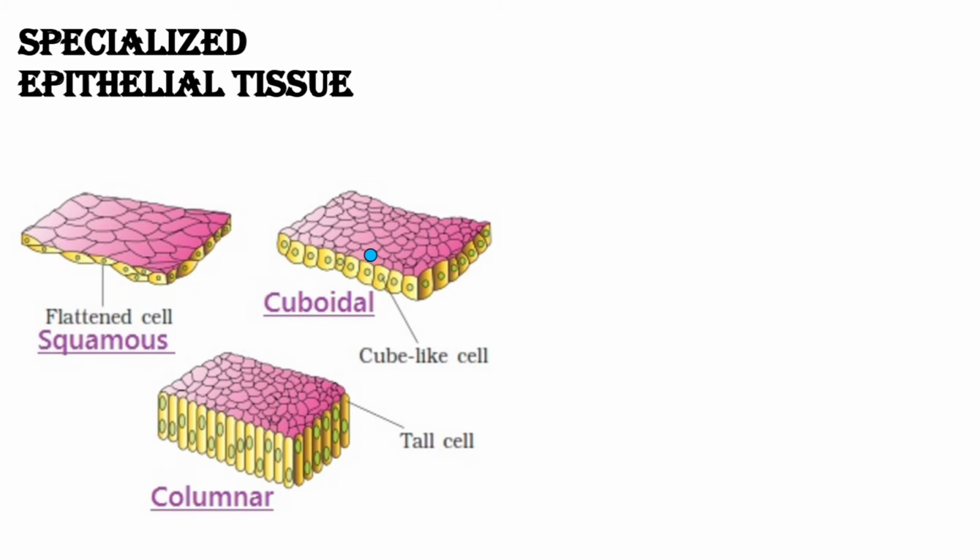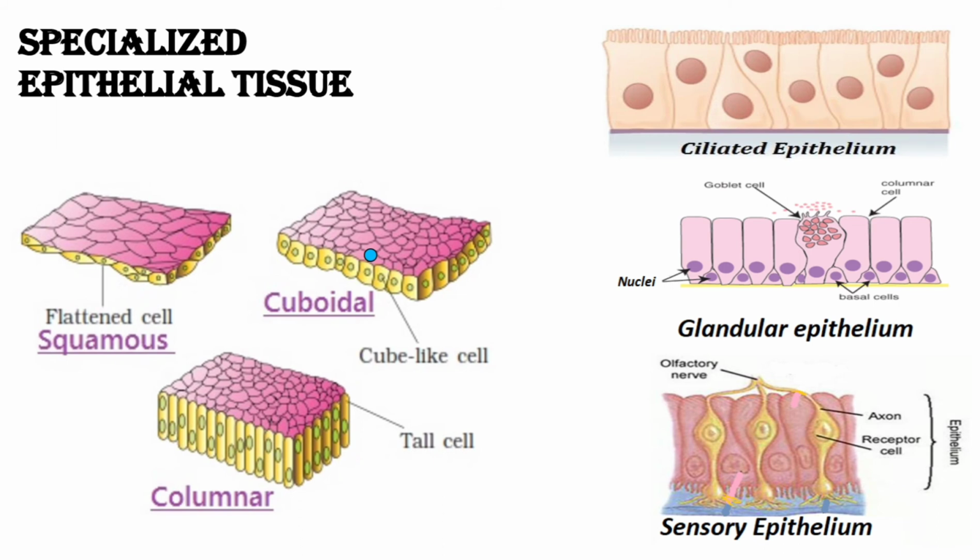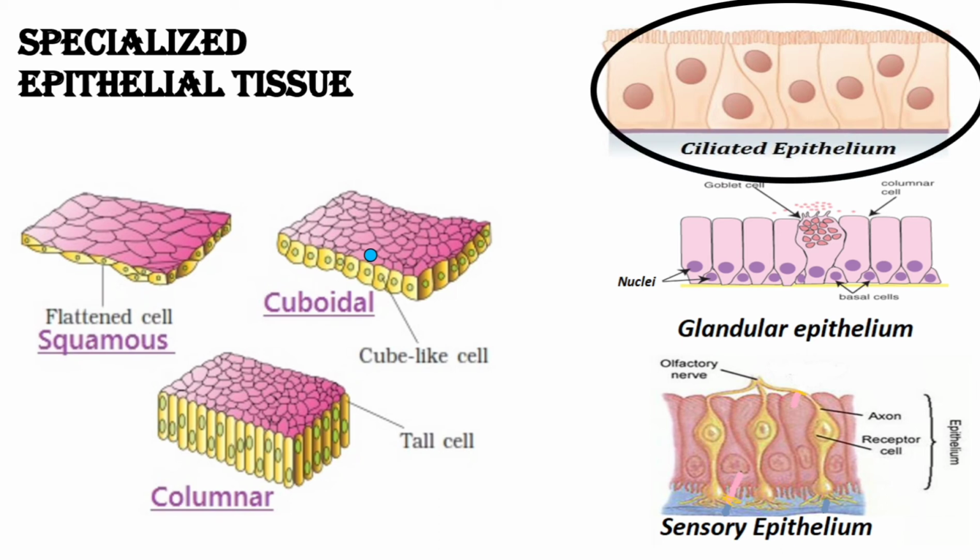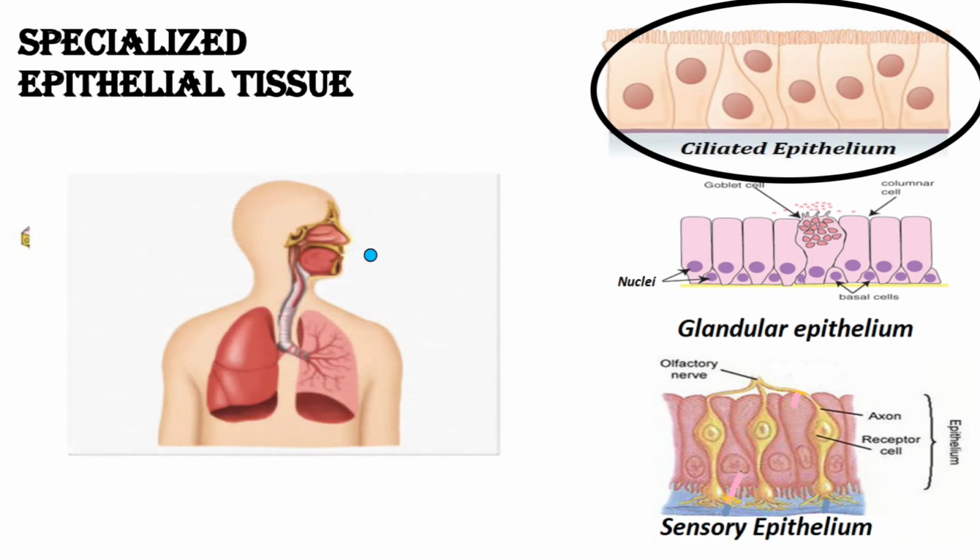Now we are going to learn about some specialized epithelial tissue cells. The first one is ciliated epithelium, next is glandular epithelium, and the third one is sensory epithelium. Now one by one we'll be learning about each one of them. The first one is the ciliated epithelium. A cell can be columnar, it can be cuboidal. If any of the cells have finger-like or hair-like projections on their surface, such a cell is called a ciliated epithelial cell. The role of ciliated epithelial cell is that it helps in to and fro movement of